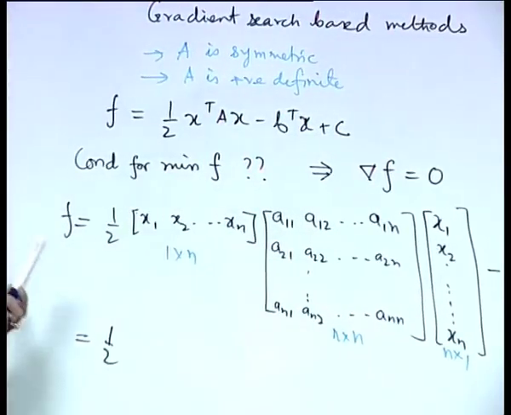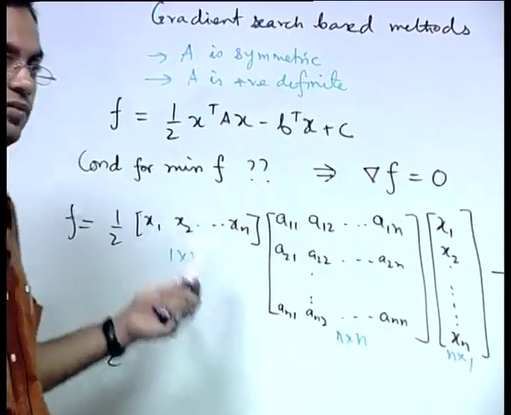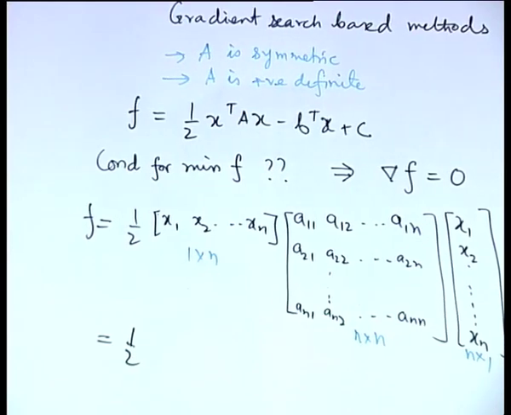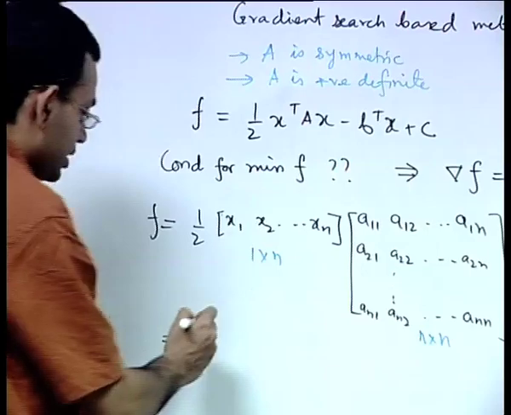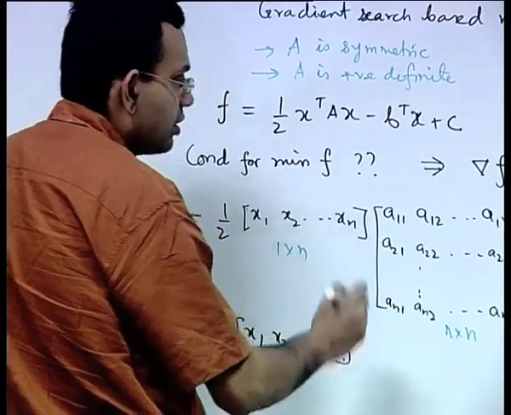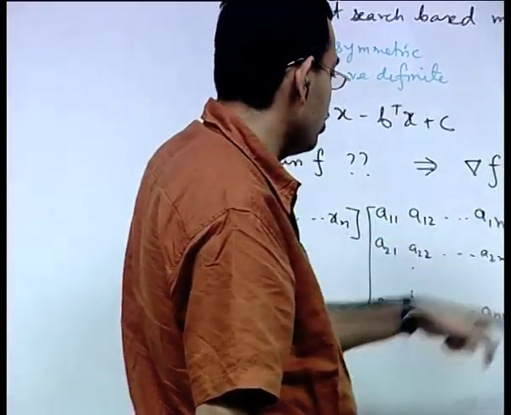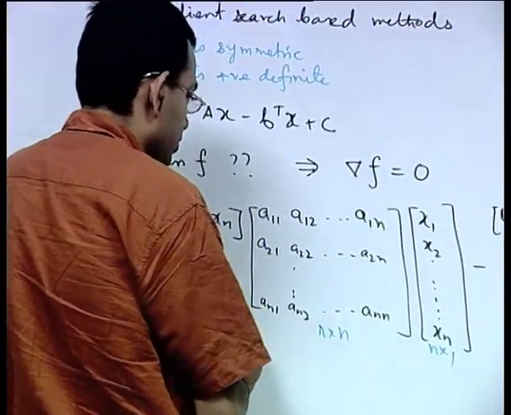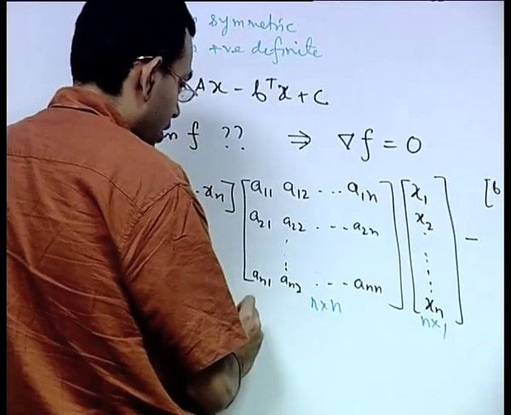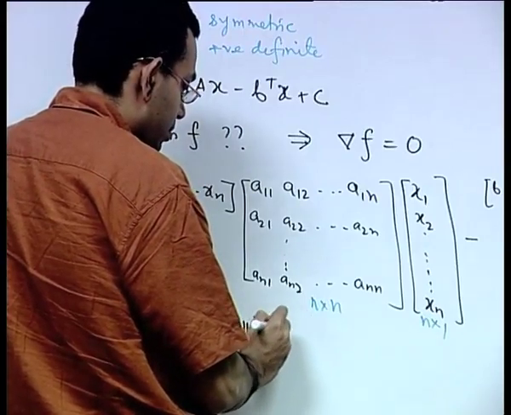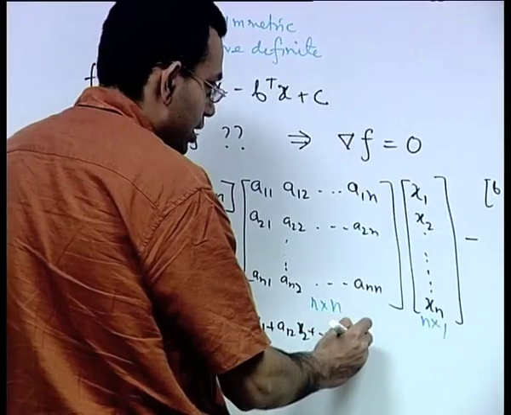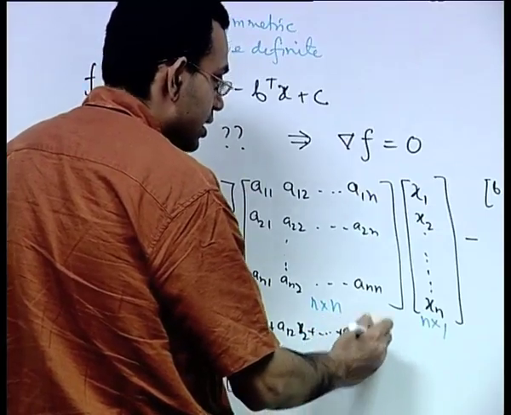So, the final result is just a scalar, 1 by 1. So, let us write this: x1 x2 up to xn, then multiplication of these two. So, first row with first column, a11 x1 plus a12 x2 in this way a1n xn,